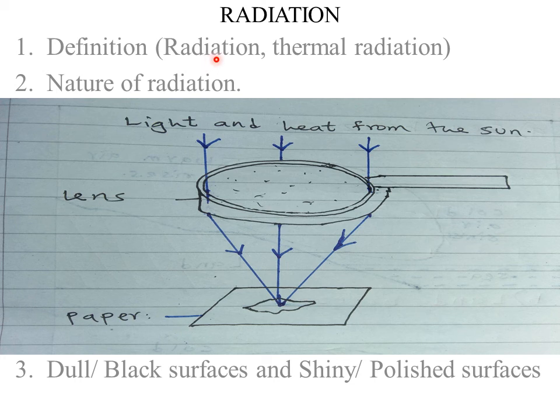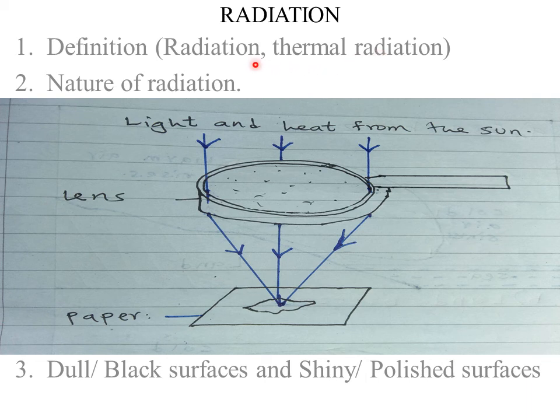Now, what are electromagnetic waves? Electromagnetic waves can actually flow within a vacuum. That is, they do not require what we call a material medium, such as maybe air. So we also need to define what we mean by thermal radiation. Thermal, as we said earlier, means heat. Then radiation, we have said, is the transfer of heat from one point to another by means of electromagnetic waves. So thermal radiation simply means heat transfer through vacuum. The transfer of heat through vacuum is what we are calling thermal radiation.